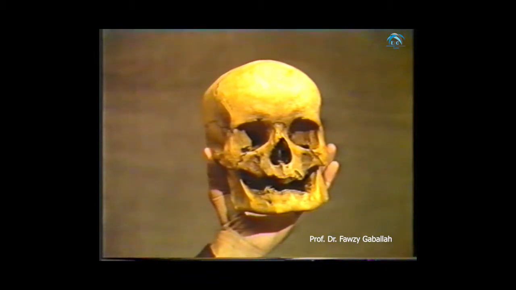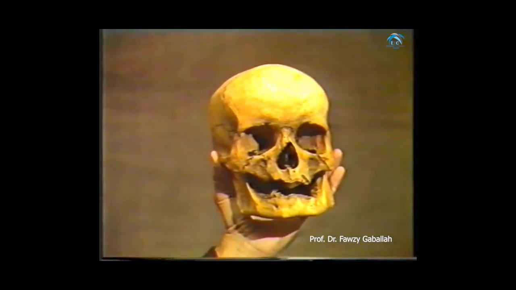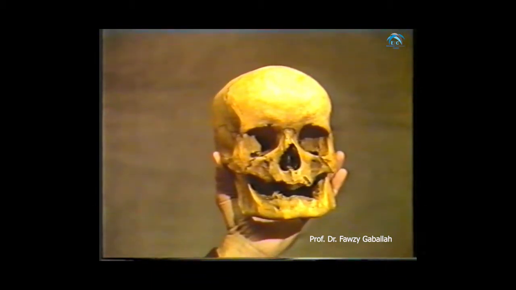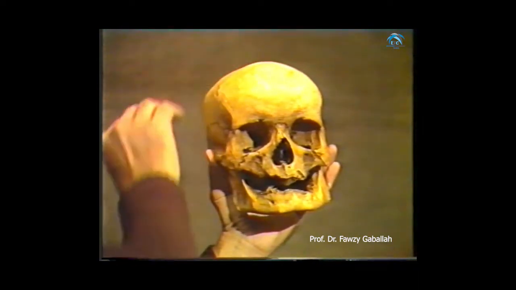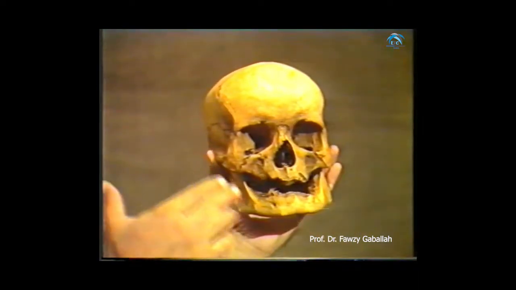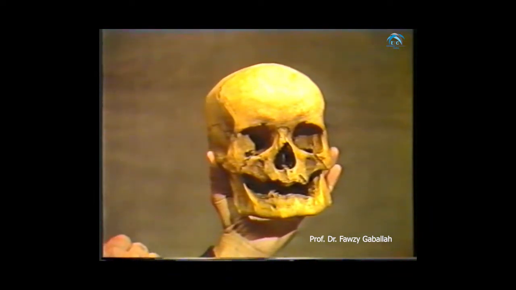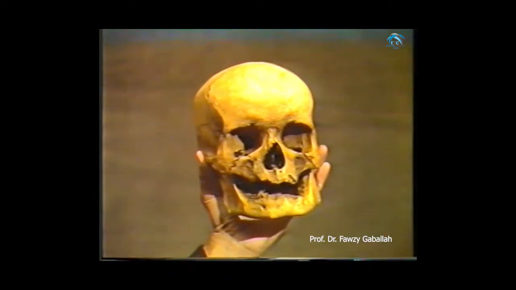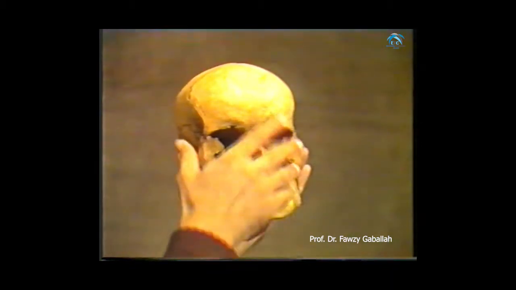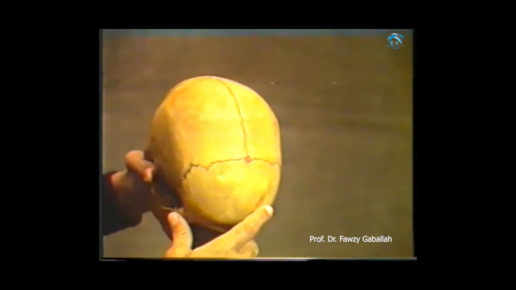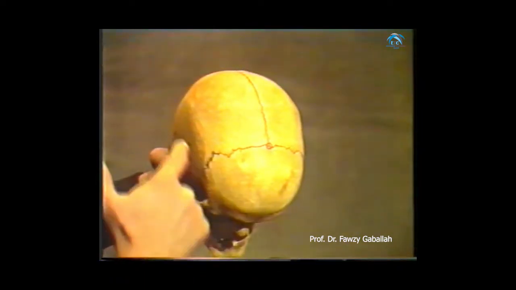In this film, we are going to describe the skull. The skull or cranium is divided into two parts: the calvaria or skull cap and the facial skeleton. For the convenience of description, the skull is described from various aspects: from the superior aspect or norma verticalis, the